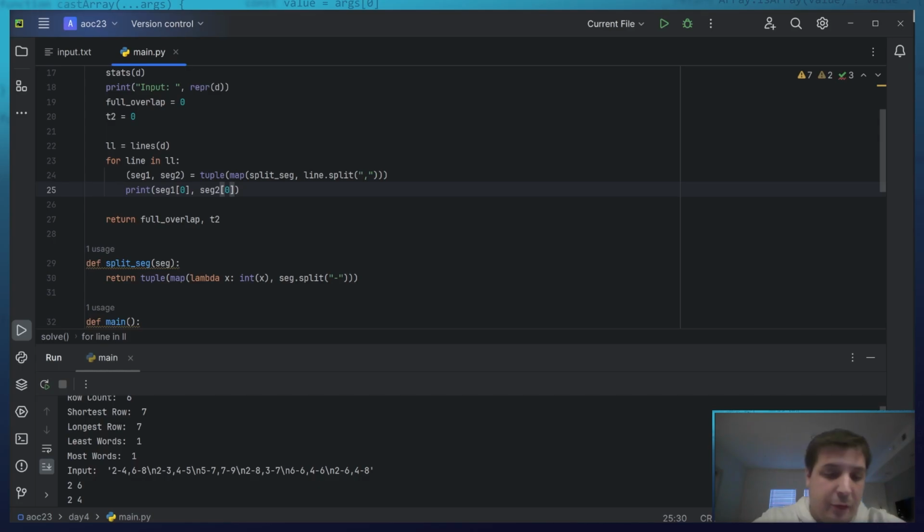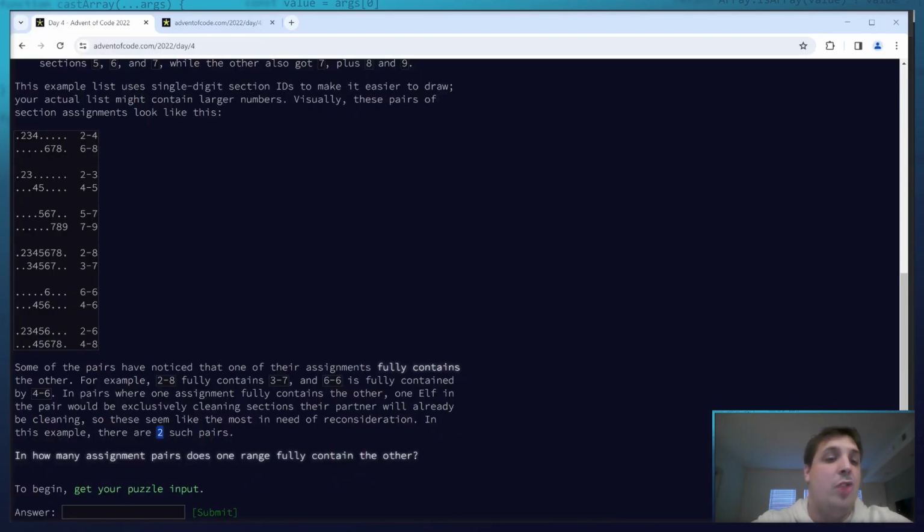Now, the logic for overlapping is actually really, really simple. If you look at the full overlap over here, we want to check one of them and see, and we need to do that both ways around, which is fine. I can probably just write a function so that I can do the same thing in both directions. But let's say here, if the starting value of, in this case, the second one, if the first value is bigger than the